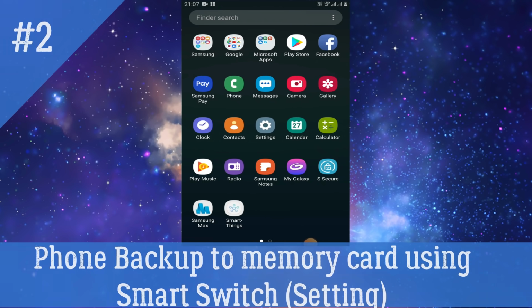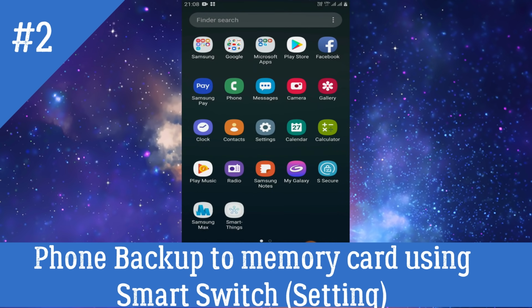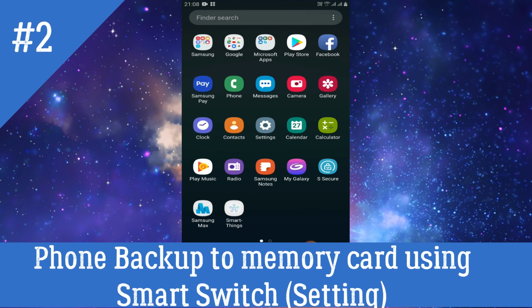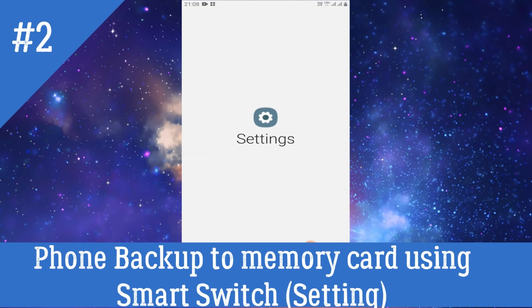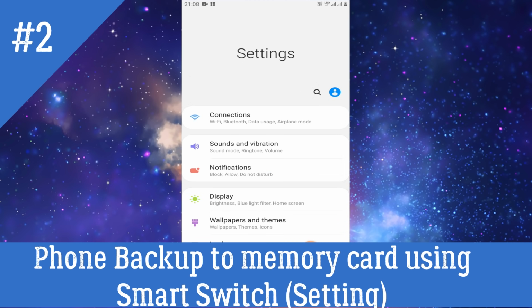Now we will see how to take the backup of your complete mobile before doing factory reset. We already did the internal memory full folder backup into the laptop for safety purposes. Now we are going to take the backup of your complete mobile using the provision provided in Android.